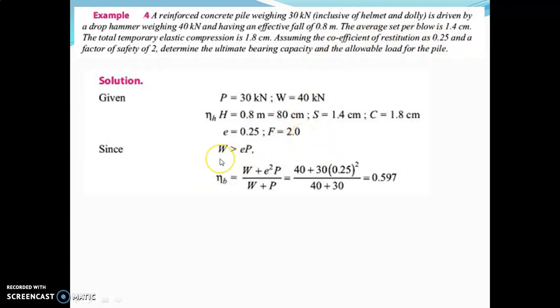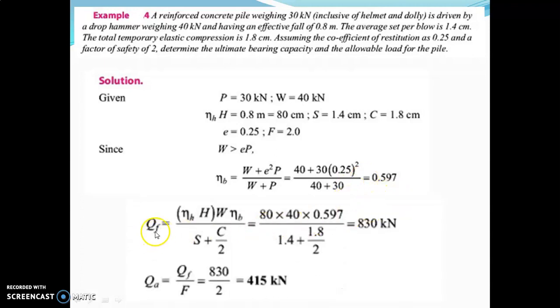We have this condition: if W is greater than e into P, we have to use this formula to find the efficiency. So that is eta b is equal to W plus e square P divided by W plus P. W, that is 40, plus e square, e is 0.25 square, into P, P is 30, divided by 40 plus 30, equal to 0.597. Now we have the formula to find the load, that is the ultimate load, Qf, that is equal to